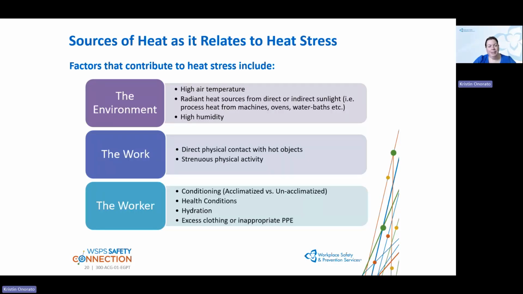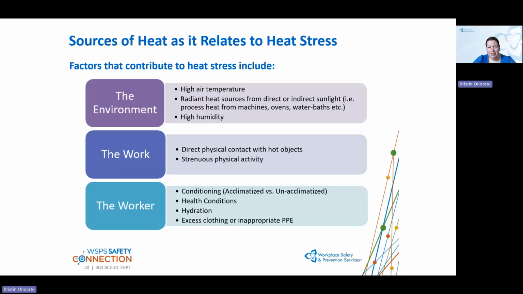The environment's the easiest one, I think, so we'll talk about the environment first. The environment is truly talking about how hot a workplace is. There are three different things that can influence the actual temperature or heat in the workplace. First is the true air temperature, the actual air temperature number, how high it is. The second piece, I'm going to skip a bullet if you're looking at the slide, is the humidity factor. As we know here in Ontario, certainly in Southern Ontario, which likely most of us are in,